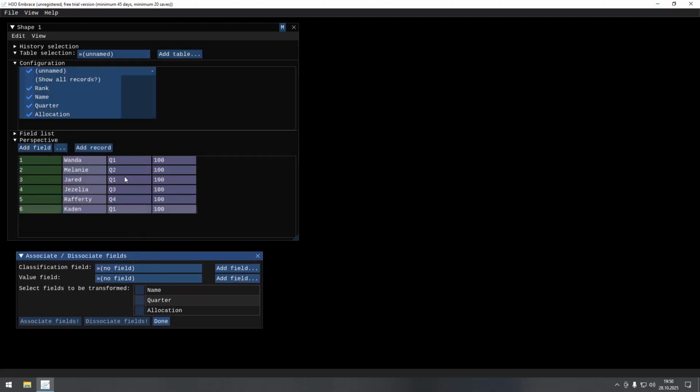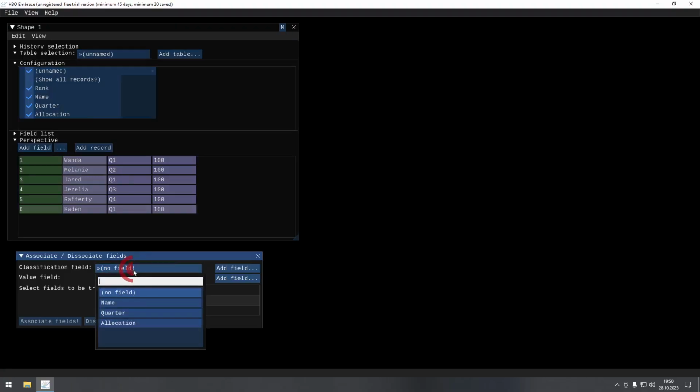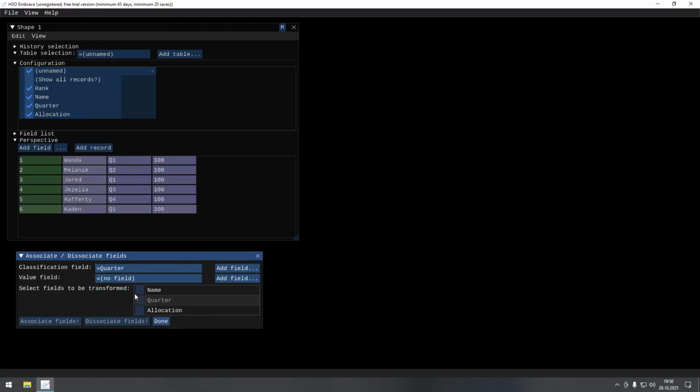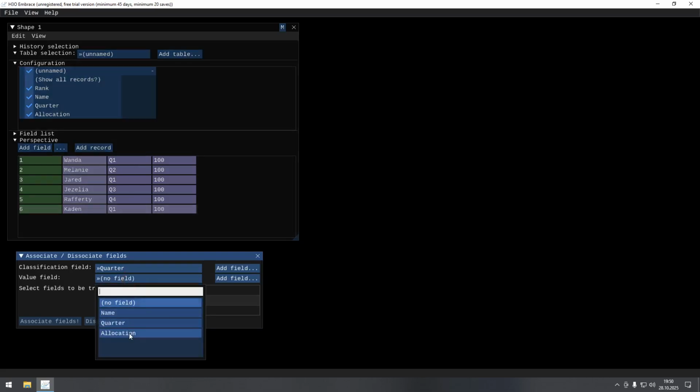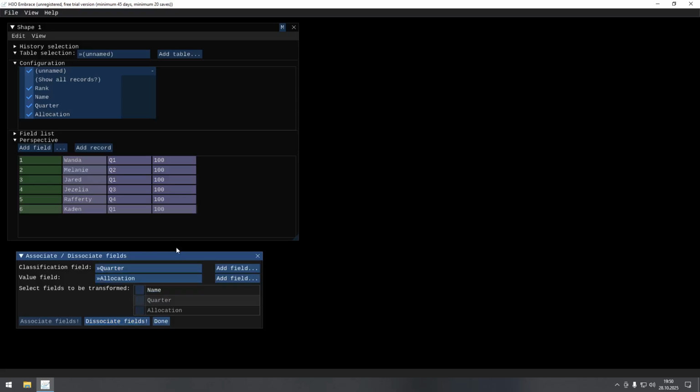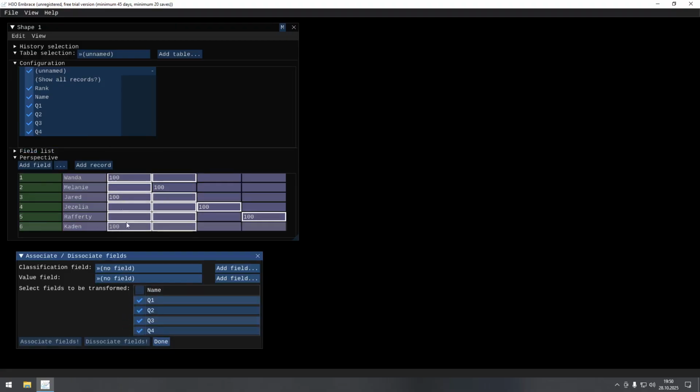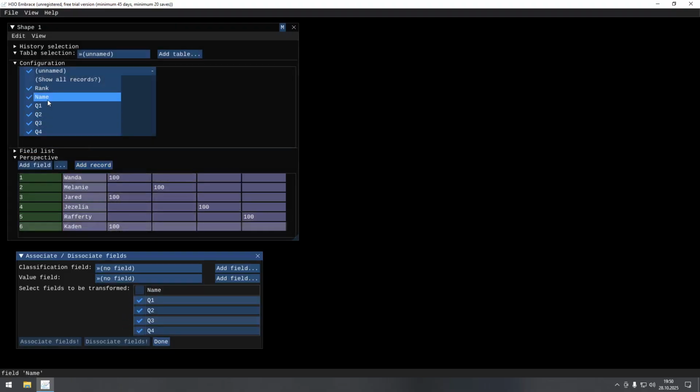Thing is, in that table we already have a classification field. In our case it's quarter, because the quarter somehow classifies which quarter we're talking about. And the value field we're talking about is the allocation field. The moment you select those, you can already press the Dissociate Fields button, and now both quarter and allocation fields